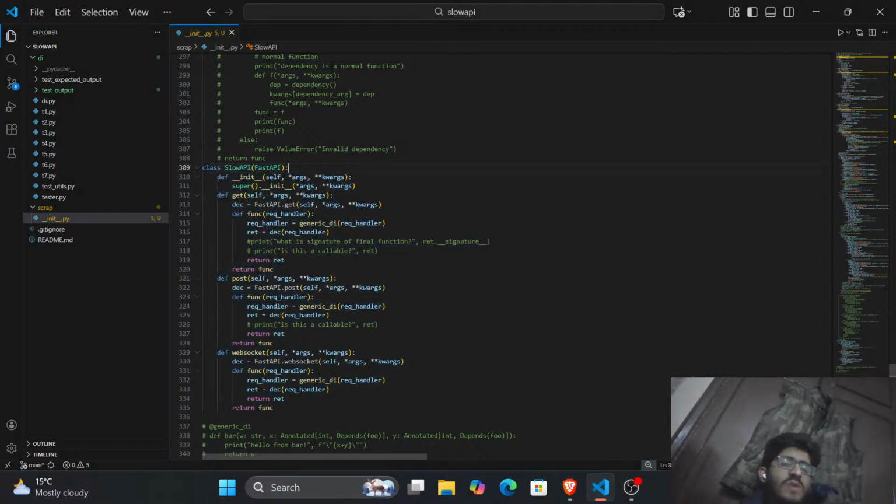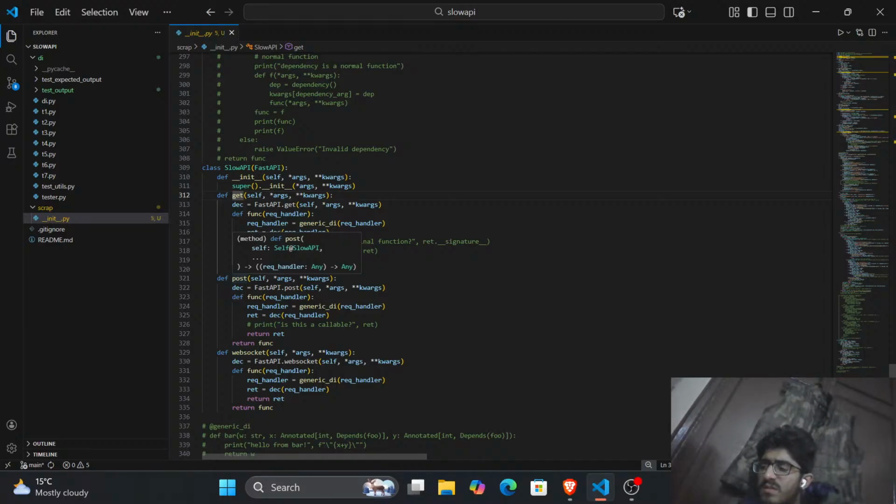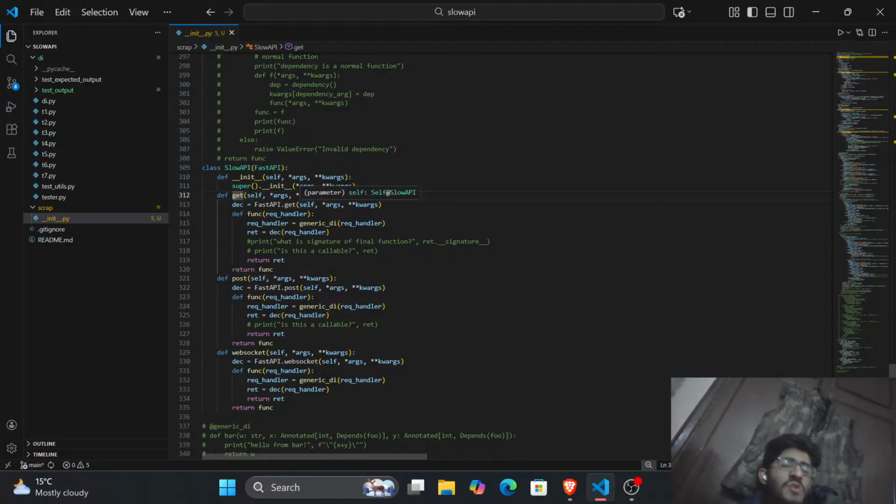So basically, you're inheriting from FastAPI, and you're overriding the get method, the post method, and so on. And basically, the get is returning a function that